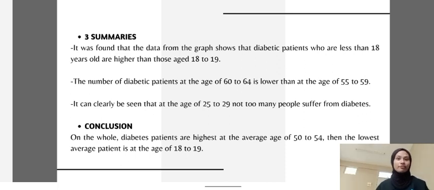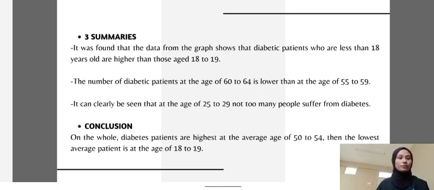Three summaries that I have got from the bar graph. Firstly, the data from the graph show that diabetic patients who are less than 18 years old are higher than those aged 18 to 19. Second, the number of diabetic patients at the age of 90 to 94 is lower than at the age of 55 to 59. Lastly, it can clearly be seen that at the age of 25 to 29, not too many